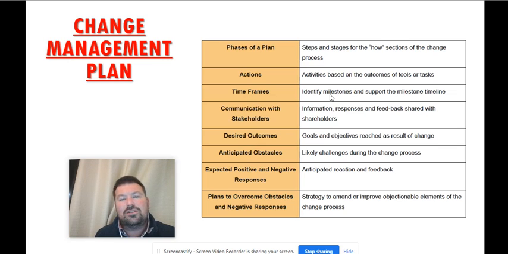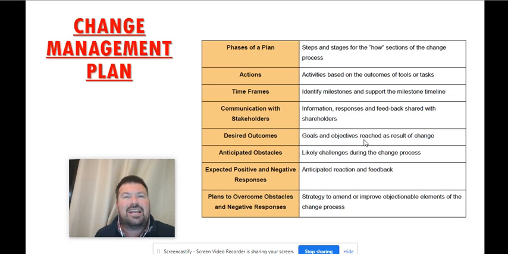We also need to make sure that there's constant communication with the stakeholders. So we spoke about that presentation that we would have to do and who we would then invite. We need to constantly be bringing them into the discussion, saying, how are you finding the change? Are there any things we need to be aware of? What do you see that we cannot see? So when you communicate with the stakeholders, they feel included and they will give you feedback.